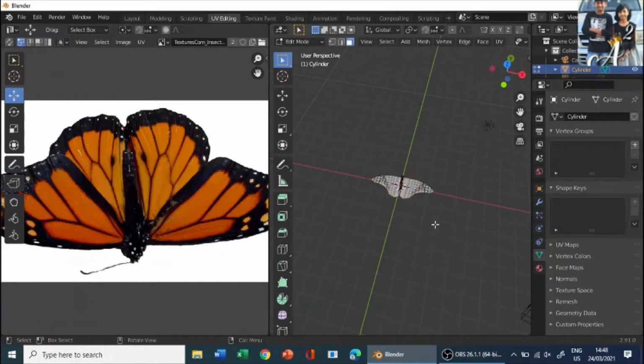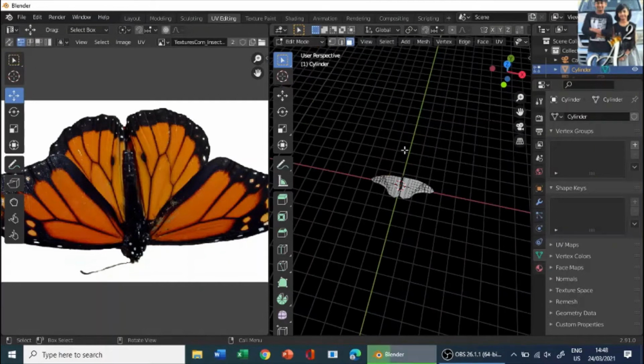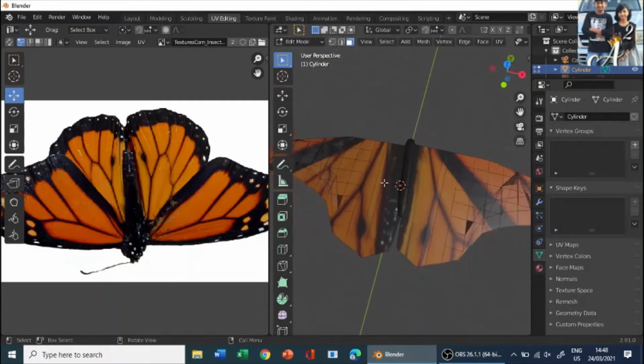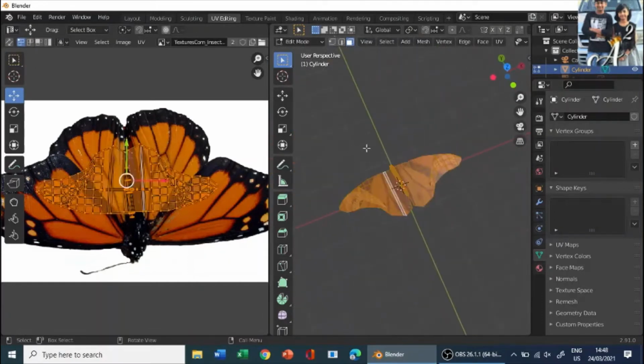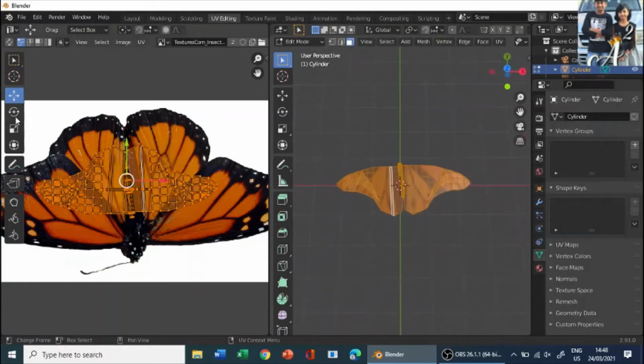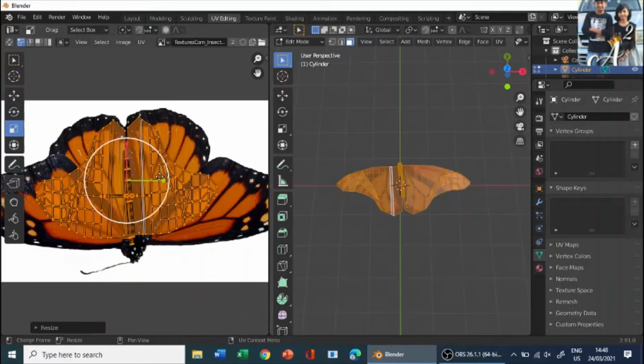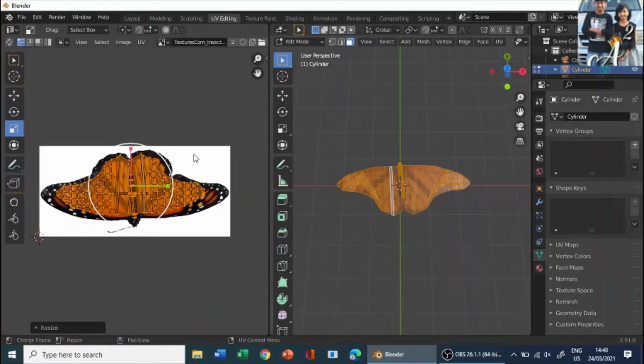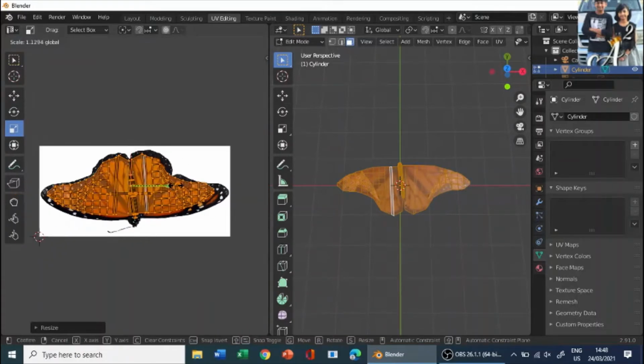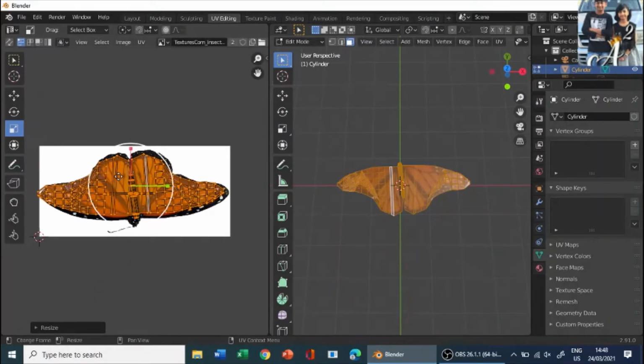For example, press Z for rendered mode. Okay, it loaded. So now if you see, this is what it is. Select all with A, and scale it up a bit, up and to the side, so make sure it's even so that it looks like the butterfly we wanted.